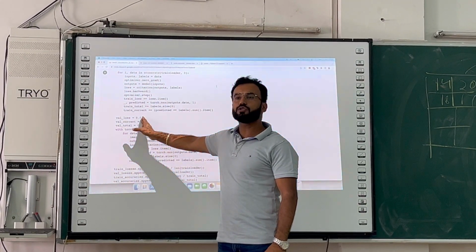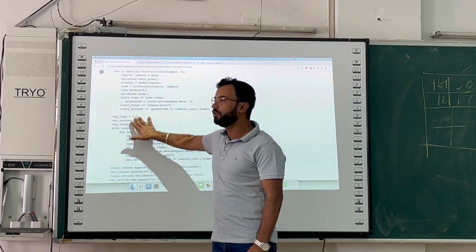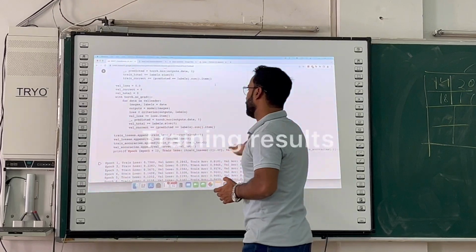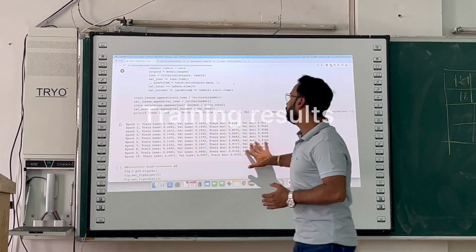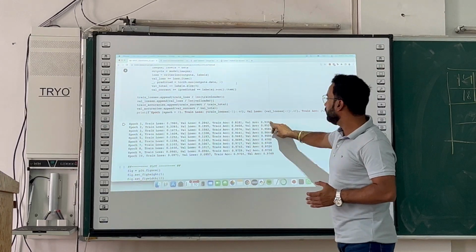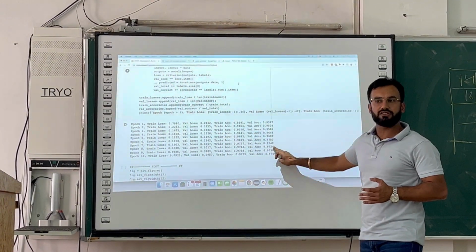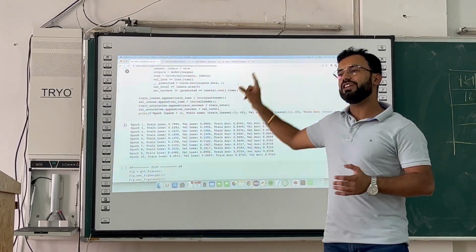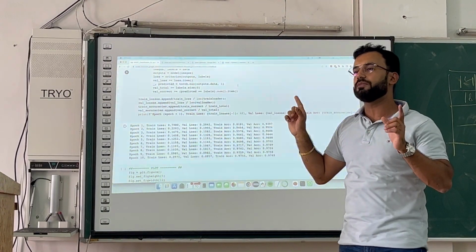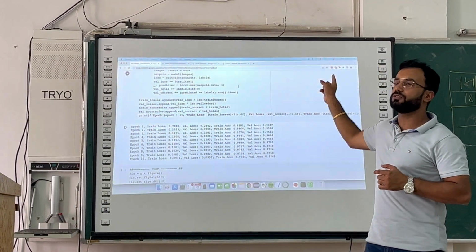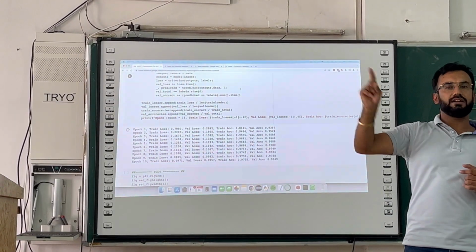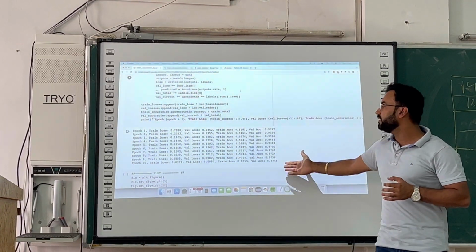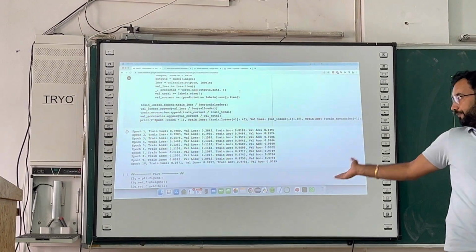Initially, I initialize my variables to 0, so that when I get the results of the epochs, you will see how much loss and how much accuracy there was. When we trained for 10 epochs, we found this data. You can see that with every epoch the accuracy is increasing. We started with 93%, which we could only achieve because we took the best of the parameters, like for normalization, the mean, standard deviation and alpha values. All these things we had already fine-tuned. Then we started with 93, and up till the 10th epoch we reached 97.5 accuracy.